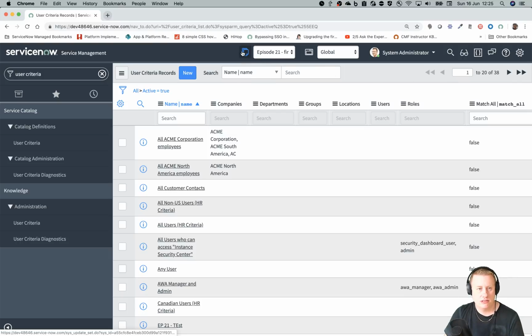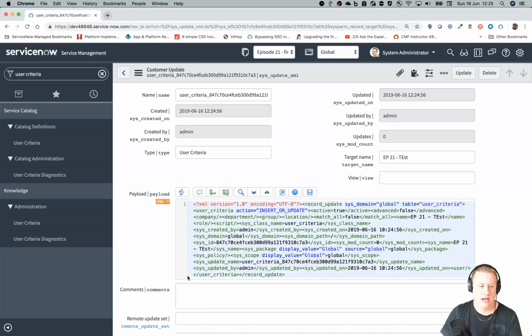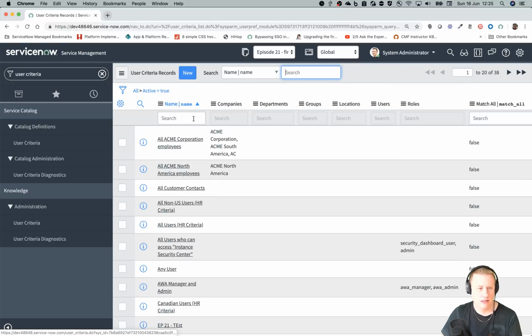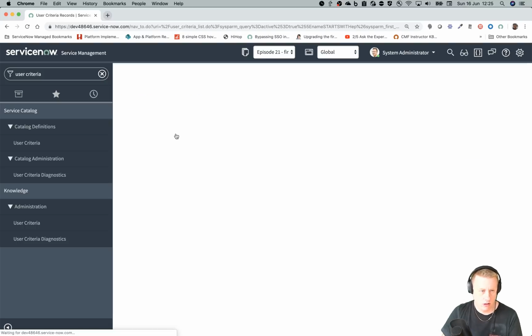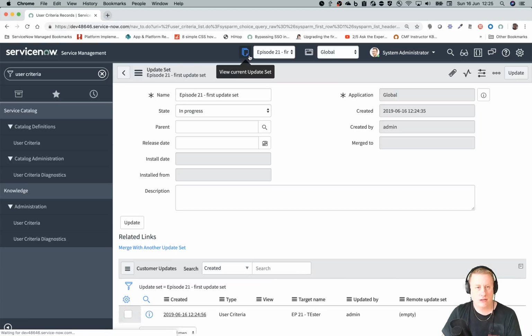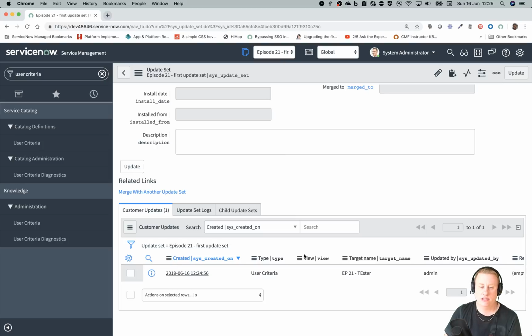If I go into the update set, you can see that here is all the information about that record. If I click on it, you can actually see the whole payload, what it actually said. Now, if I go in and, for example, change the name, and let's add a user, hit update. Now, when I go to the update set, you can see there's still only one record, because what it has done is updated this record. So it actually has the new one. If you keep updating stuff in the same record, it will only be one update in the update set,